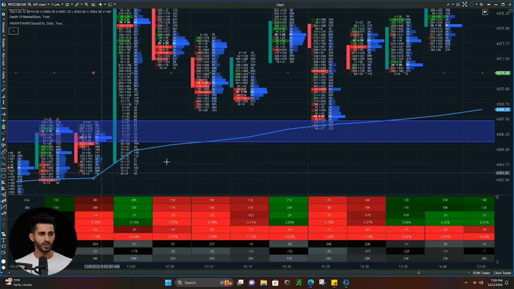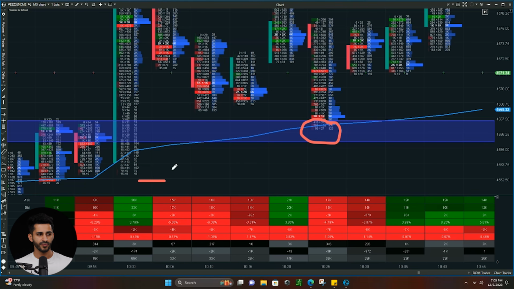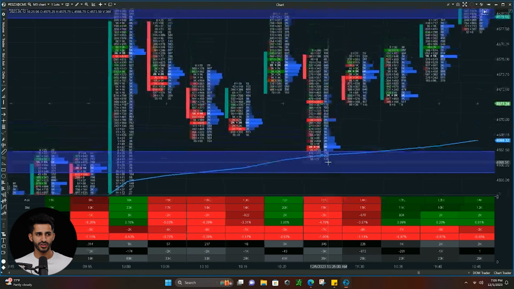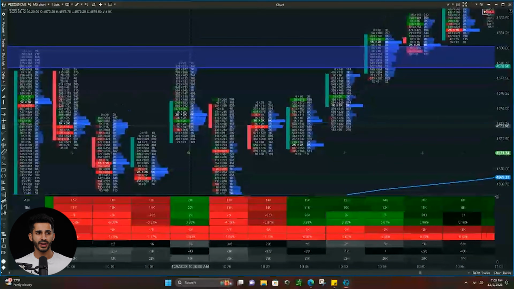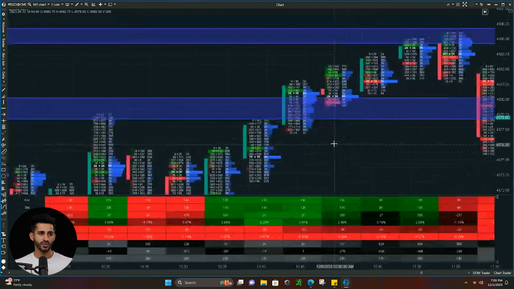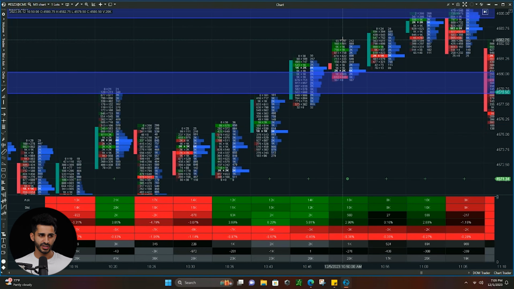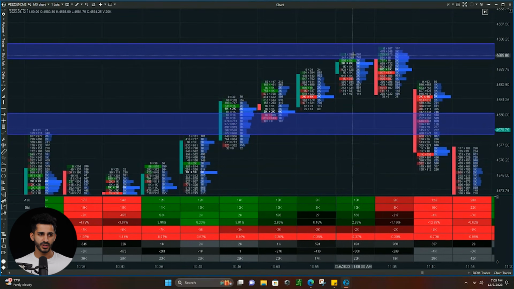Now, some people may say, well, there's an unfinished auction, so price has to come down. No, unfinished auctions are only contingent on lows and highs of the day. This is not the low of the day. The low of the day has been set. So I don't care if this finishes or doesn't finish the auction. What I do care about is when we hit the high. As we go higher and higher, I want to see unfinished or finished auction. So as we go here, this is the high of the day, unfinished auction, finish, unfinished, finish,